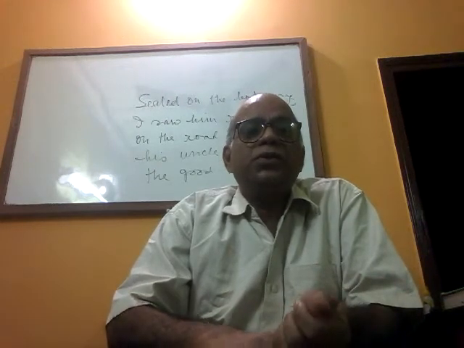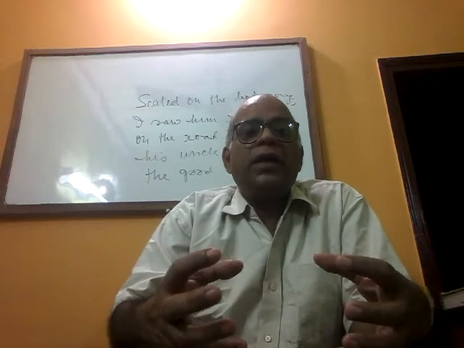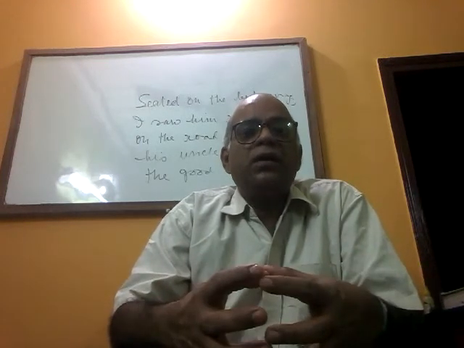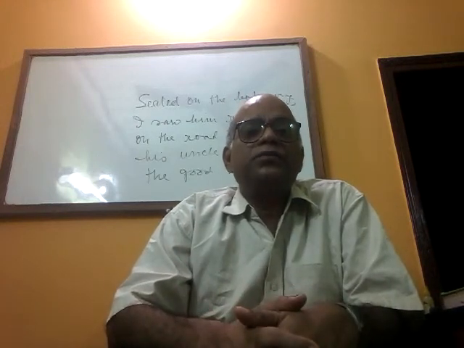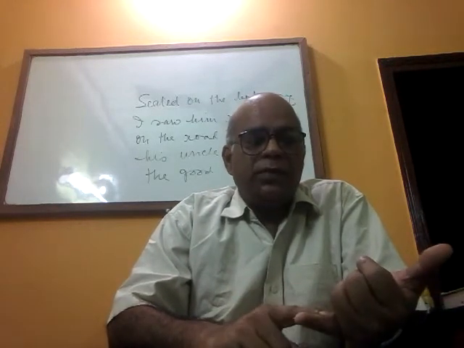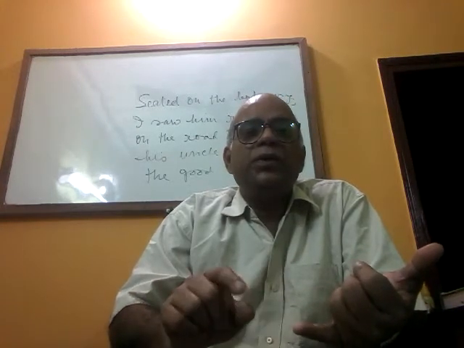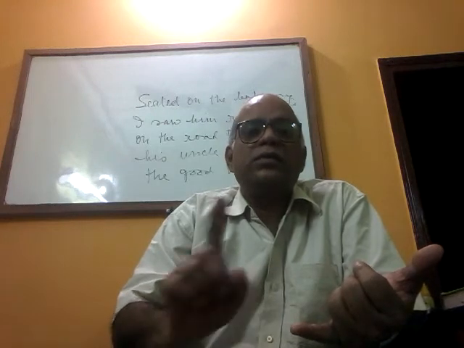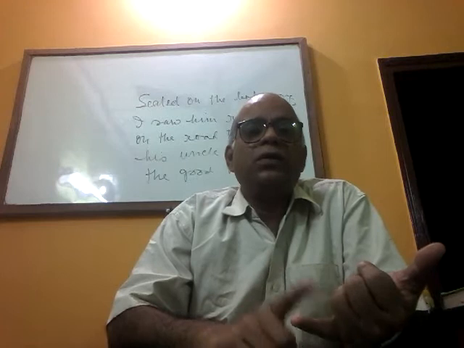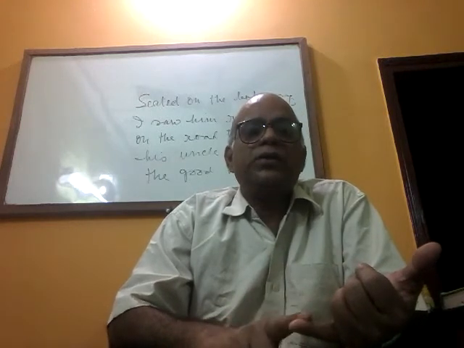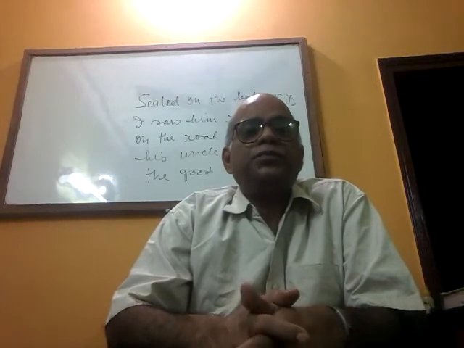Attached compound means when two words are put together and they cannot be separated from each other, we write it as a single word. These are called attached compounds. Take the example like tea plus pot. How do you write the word teapot? T-E-A-P-O-T, as a single word. It is called attached compound. Similarly, you have got inkpot, then railway, headmaster, newspaper. These are examples of attached compound.